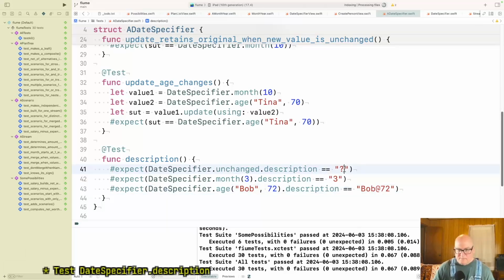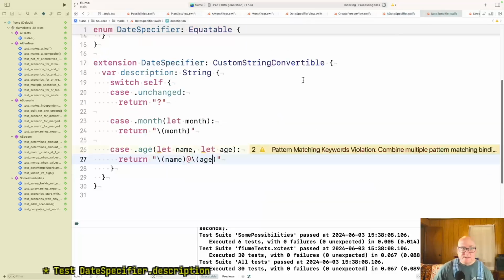Okay, the other thing I'm thinking is maybe this should say unchanged. All right, I think I can trust myself to do this.